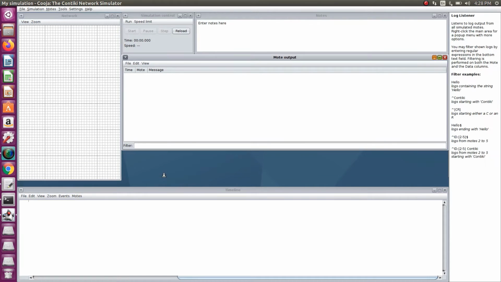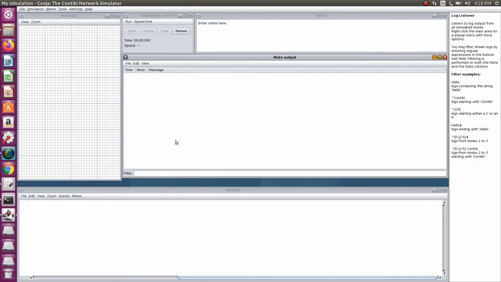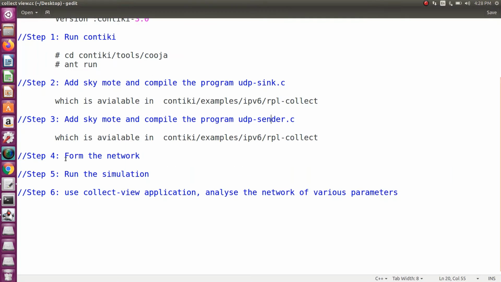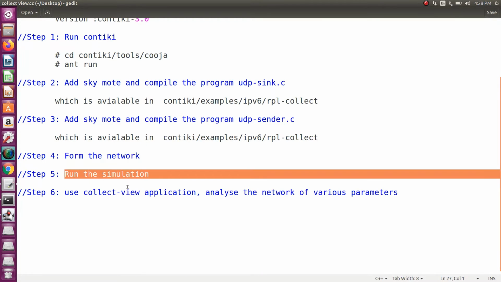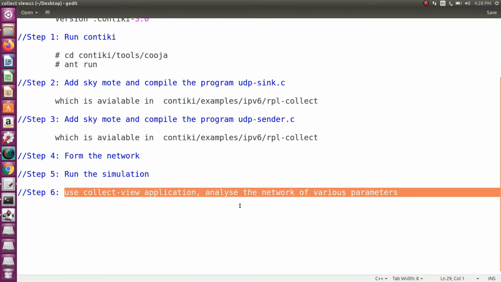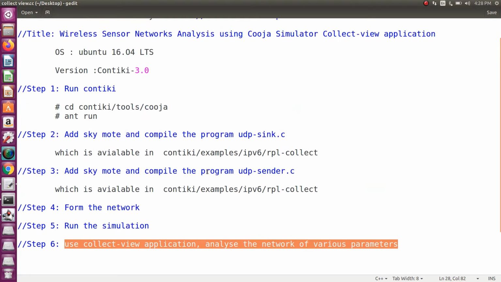So next we need to add a mote. We want to add a sender node as well as a receiver node. Then we want to form a network and run the simulation. Then by using the CollectView application, you analyze the different parameters of your network. These are the basic steps we want to follow. I will give these steps in my description, so you can get it.